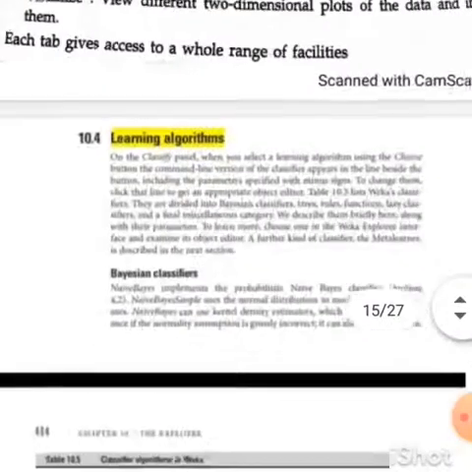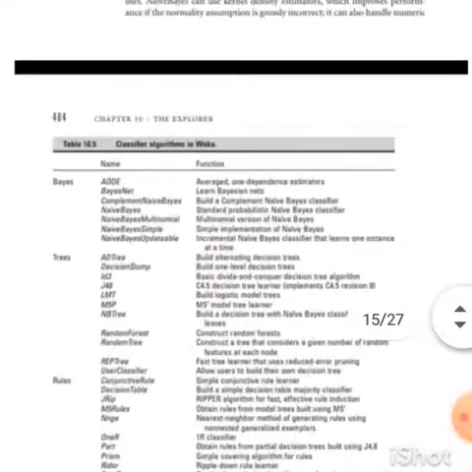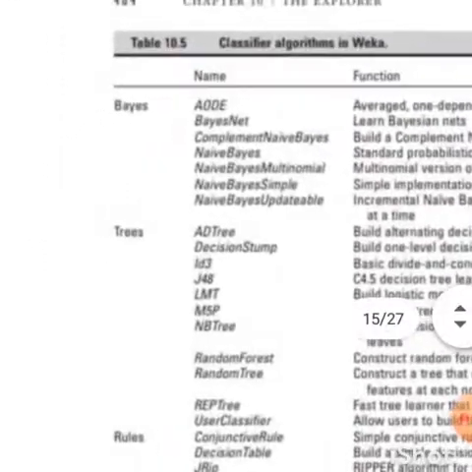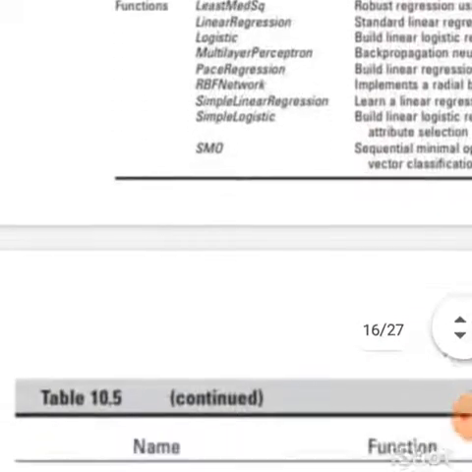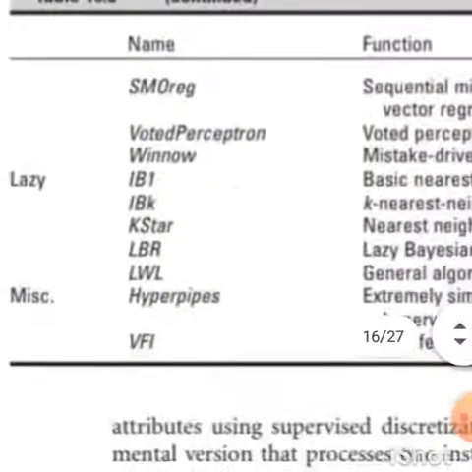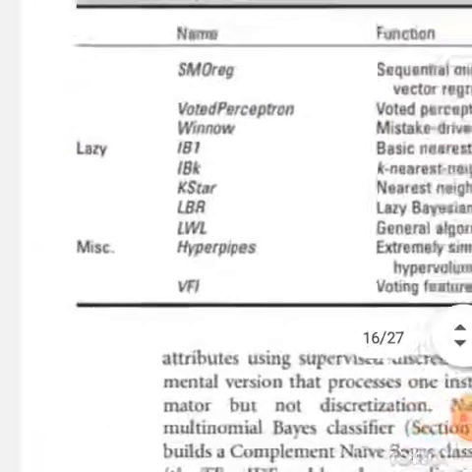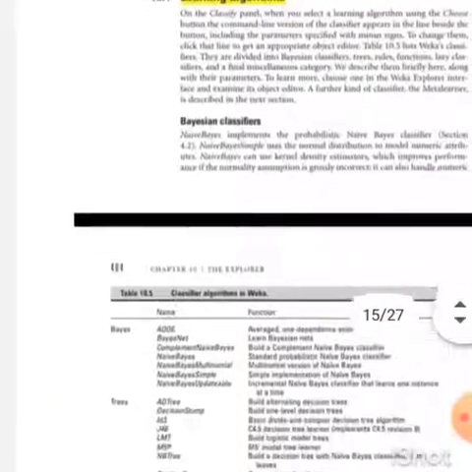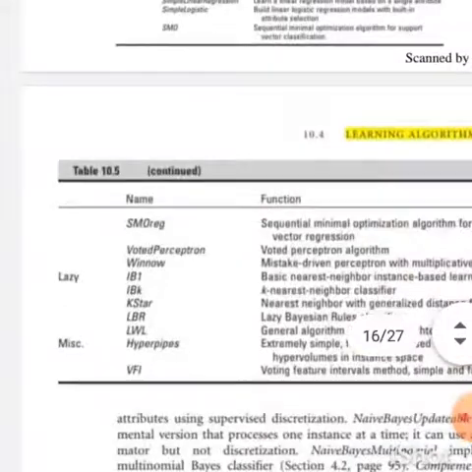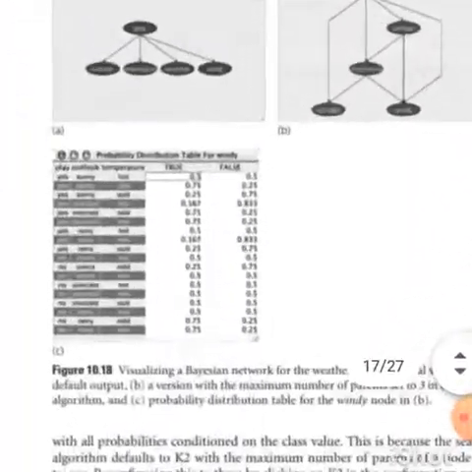Then the last important topic is learning algorithms. In learning algorithms we have the important classifiers: Bayesian classifiers, that is Bayes, trees, rules, functions, lazy classifiers, and lastly miscellaneous classifiers. I think I explained these classifiers in the Zoom class: what the classifiers are, how they work, and their importance.